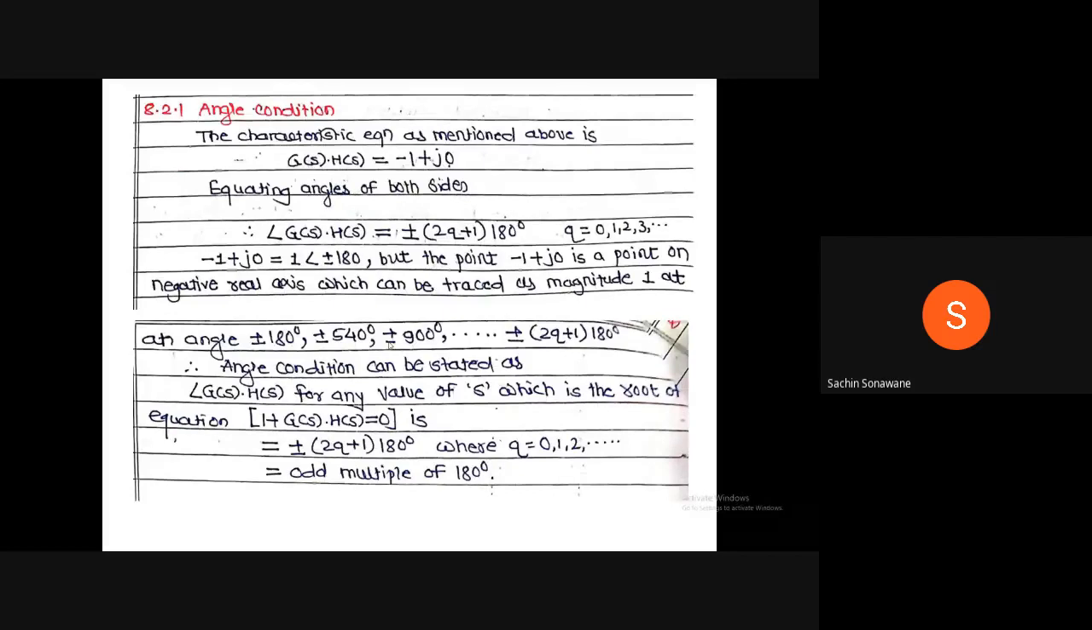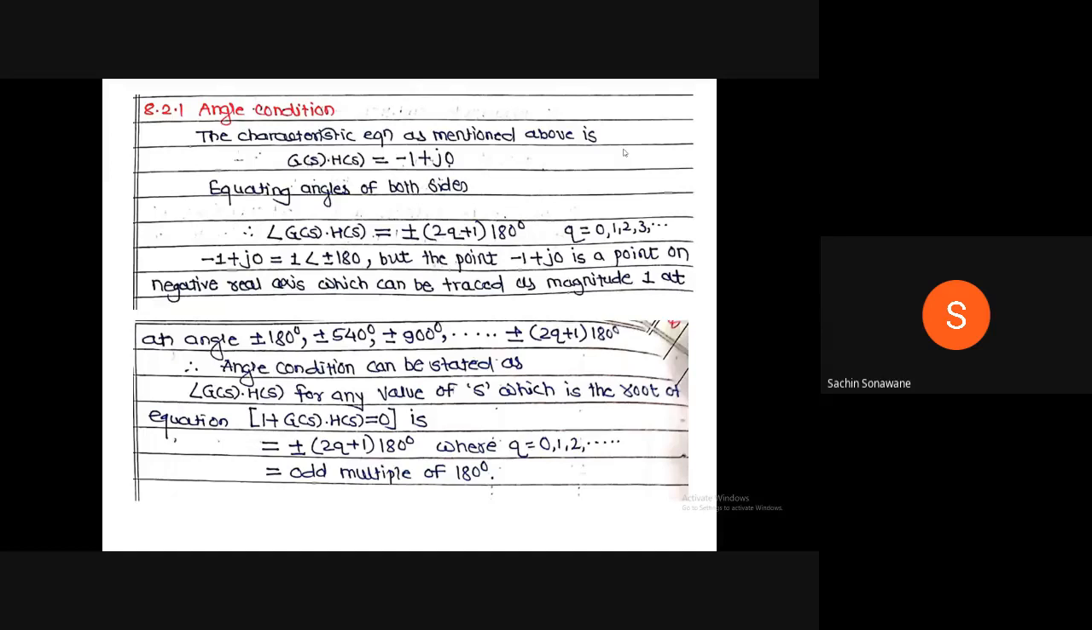Now what is my angle condition? The characteristic equation as mentioned above is G(s)H(s) = -1 + j0. Equating angles of both sides, therefore, angle of G(s)H(s) is equal to ±(2q+1)×180 degrees, where q = 0, 1, 2, 3, 4, ... up to infinity. -1 + j0 is equal to 1